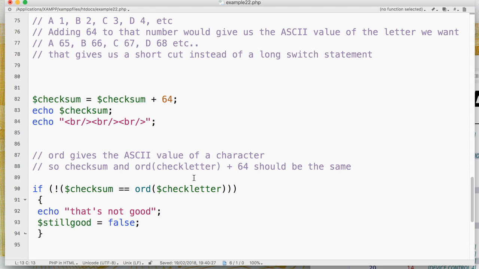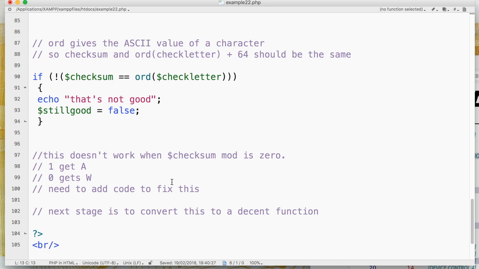There is a catch. It's always a catch. We're mapping the numbers to letters using A gets 1, B gets 2, C gets 3, D gets 4. But of course mod 23 can result in 0. And mod 23 will give you a value between 0 and 22, not a value between 1 and 23. Now, there is no letter in the alphabet in position 0. We start A with 1 and B is 2. There's nothing at 0